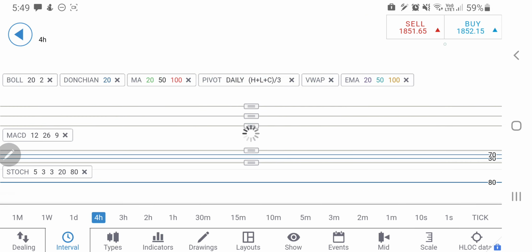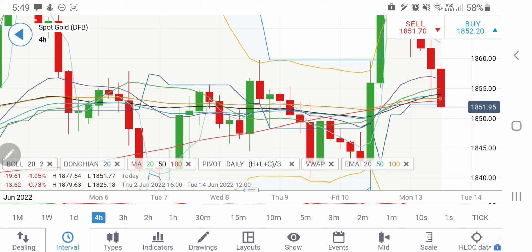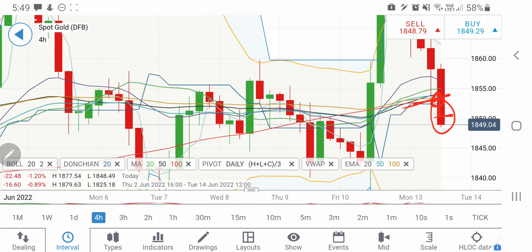And if you look at the 4 hour charts, it is coming out of these support levels with a strong force on the downside. However, 1850 levels should provide a support. See how strong a move it has taken, and it has dropped sharply. Now it is looking forward to 1845 levels, and in fact it can try to drop more towards 1840 levels. Be watchful of this.